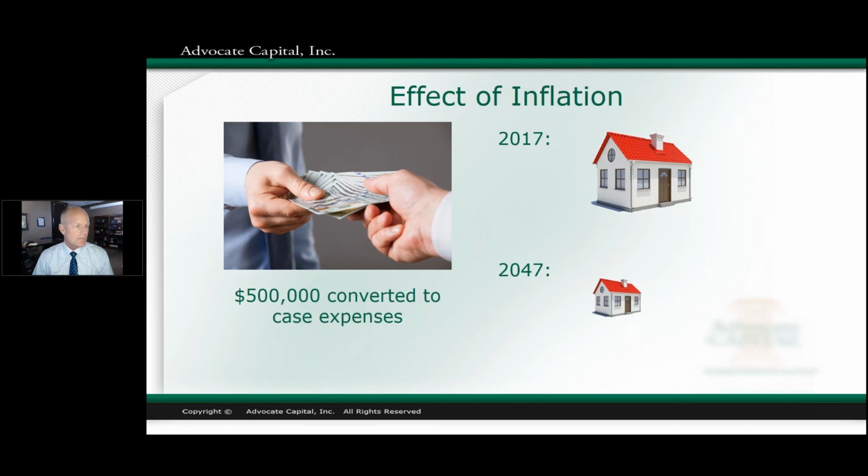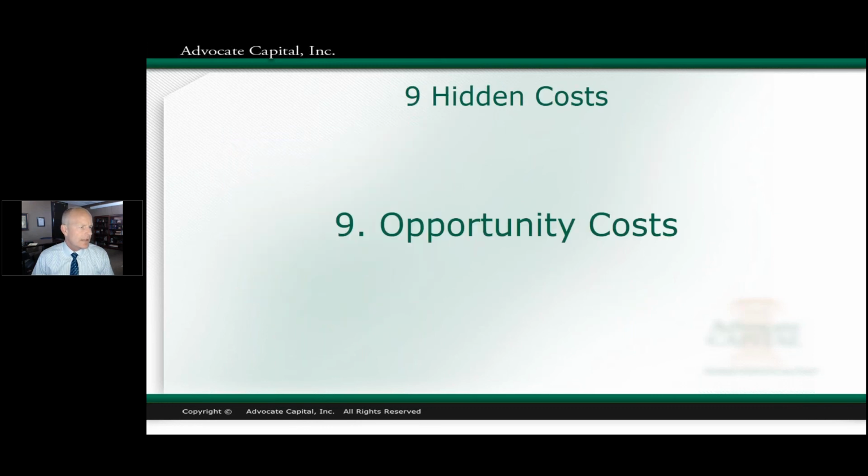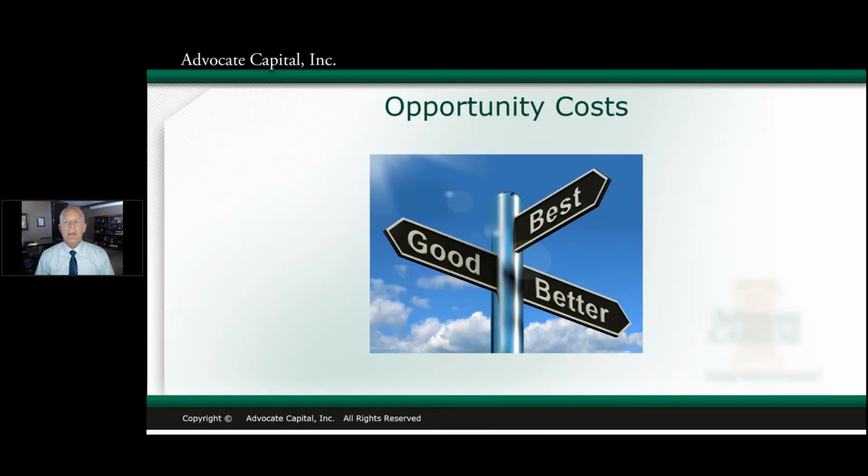Okay, so lastly, we're going to talk about opportunity costs, and you can think of this almost as a summary in a way, because it's all about opportunity costs. What's the best thing to do with your personal after-tax cash? Is it best for you to leave it in your business and let it be tied up in an illiquid asset in terms of a loan to your clients? Is that the best use for that cash? Or should you get it out and do something better with it?